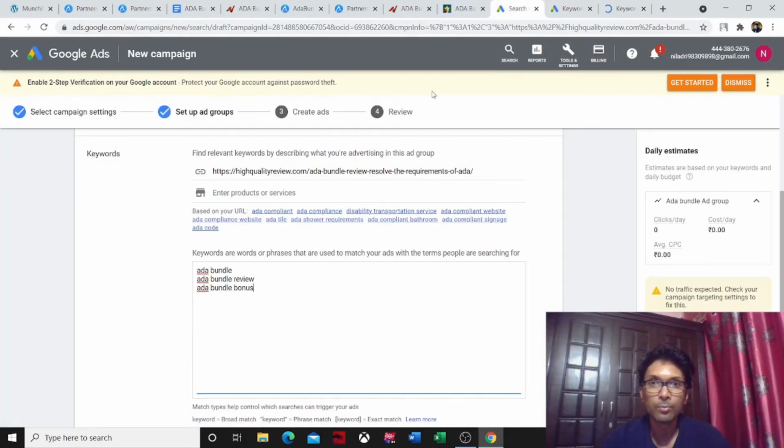You have to choose more keywords related to ADA bundle, but here we are doing brand bidding, so we will provide the keywords on ADA bundle and related to ADA bundle only.